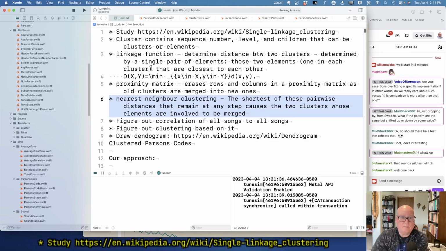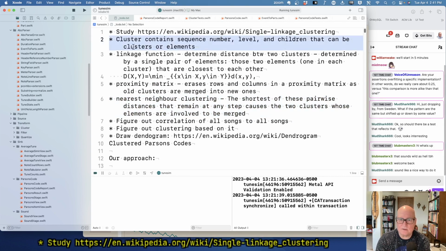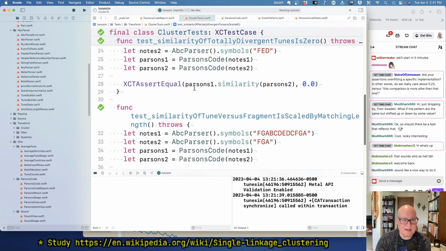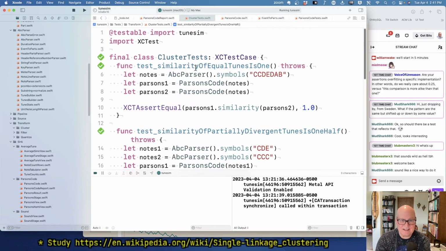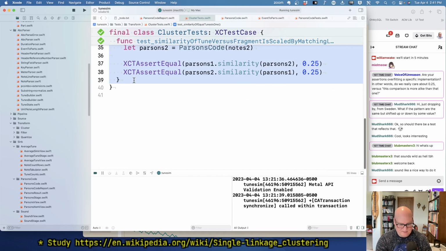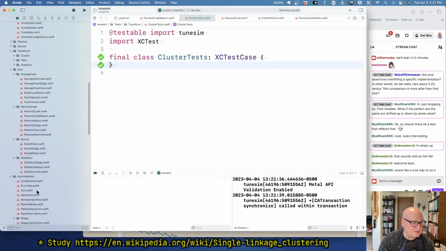Okay. We got 45 minutes still today, but cluster's not hard to define, but the linkage function's a little work. This is a bit more work. This is going to be some work. This is not likely to be a one session thing. Okay. So I'm just going to dive in with what I can see being there, define something that looks reasonable, and go from there. All right. Well, cluster tests, I think what I've established to myself is none of these are actually cluster tests. They're all Parsons code tests. So let's move them over there. I'm pretty sure we already have a test class for that. Parsons code